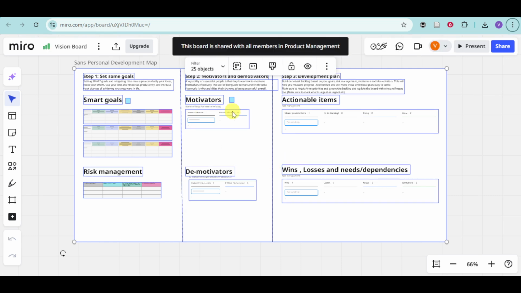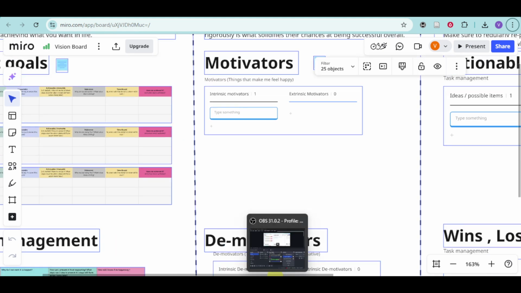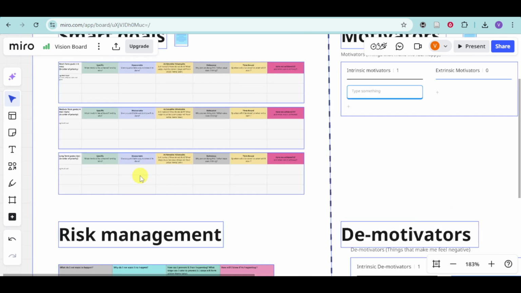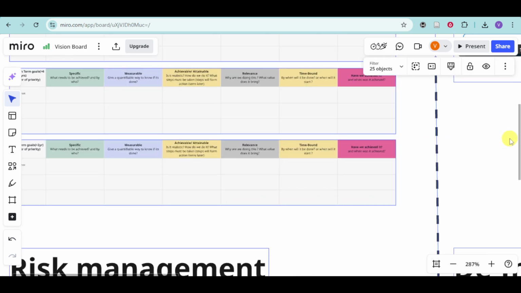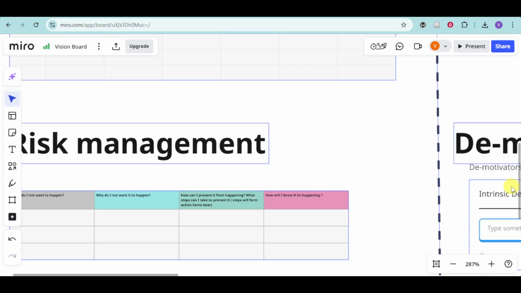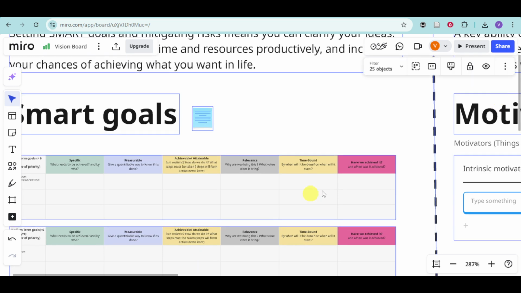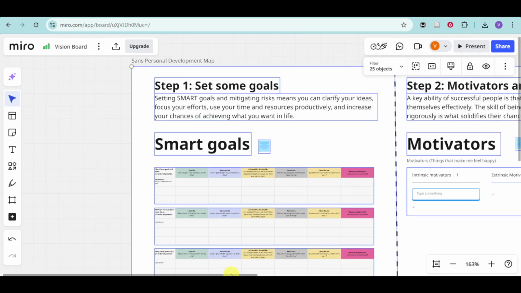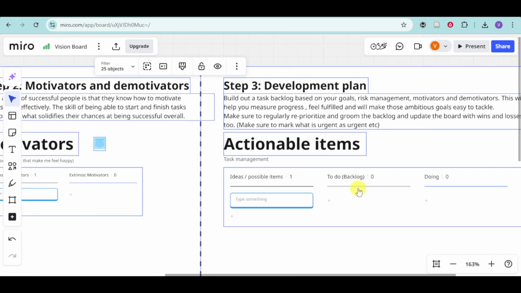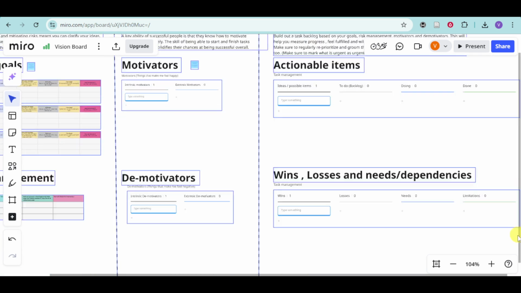Here is our vision board, so you can proceed to just input right here the details that you wish to use. Like for example, in this case, let's head over and then fill up things added right here like relevance of each particular task, your SMART goals, risk management, the motivation, and the likes. So just head over and then input right here the details that you want for your vision board, actionable items, and as well as everything that you wish to accomplish, win, lose, and needs and